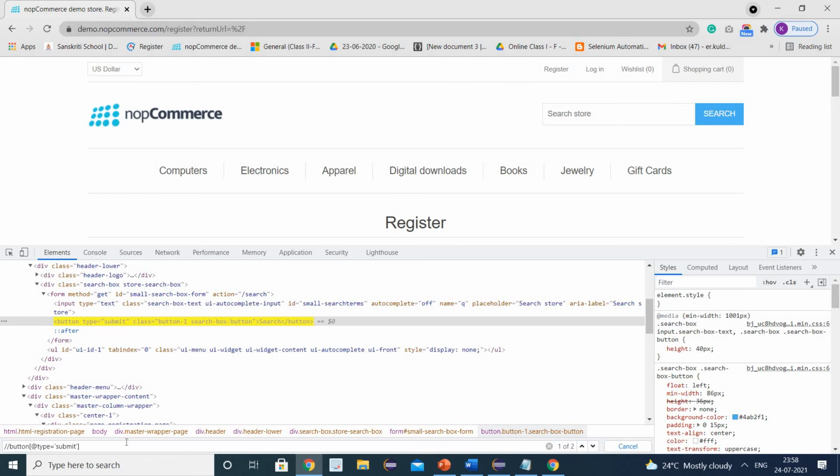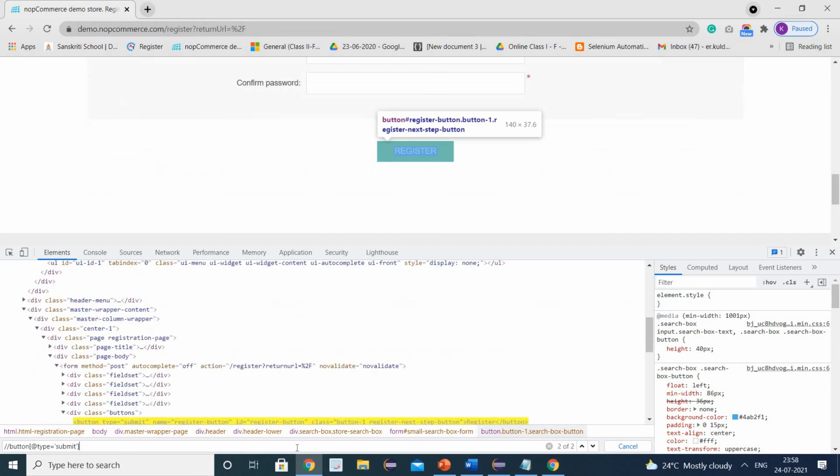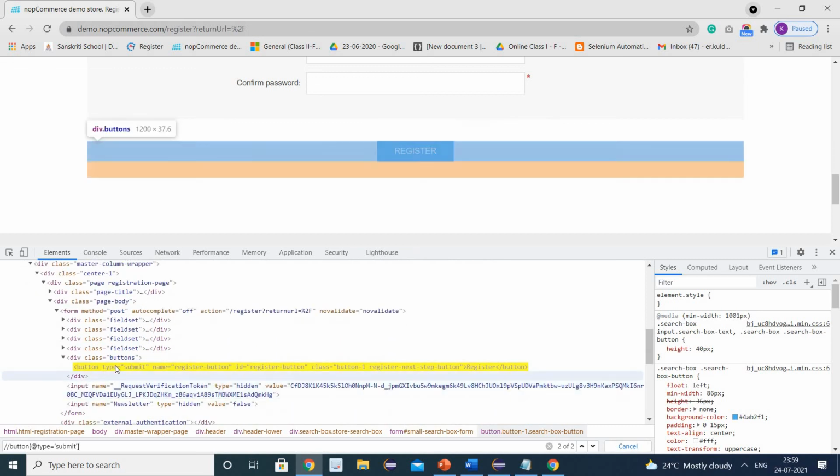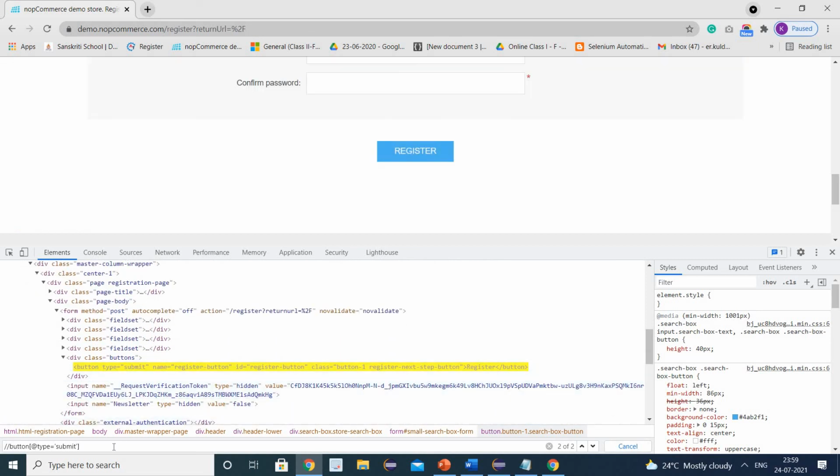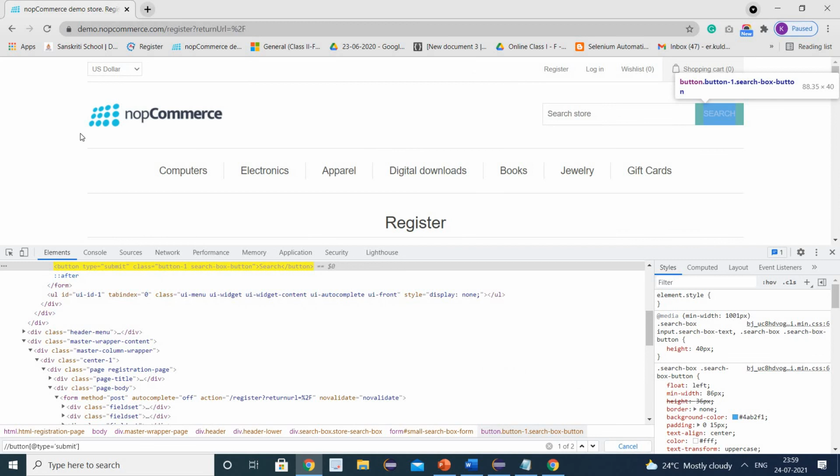Okay, so you can see it has just started highlighting the search button, but it is showing two elements here. So this is another button that has the same kind of type attribute as the submit, which you can see here, it has the same attribute type equals to submit. But we don't need to worry, because as Selenium searches the web elements from the top left to the bottom, for this particular use case this XPath will work, and it will click on this search button because it comes first. So Selenium will click on this search button itself, not the register one.